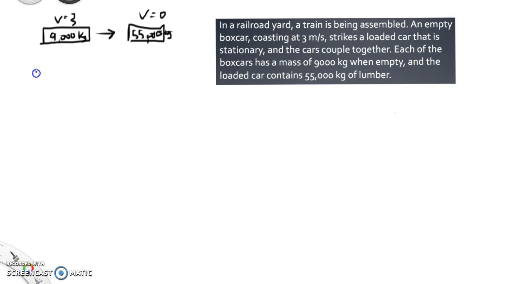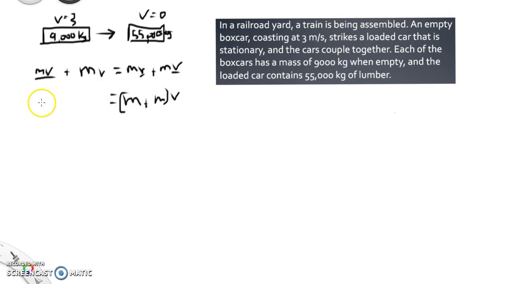Okay, so we have the momentum of our initial car right here. Okay, this guy moving along with a mass of 9,000. We have our momentum of our second car here that's at rest. Okay, and then afterwards we have the momentum of each. Okay, but since they're going the same speed, that means that this V and this V are the same. Okay, and so we can rewrite this as m plus m times v,